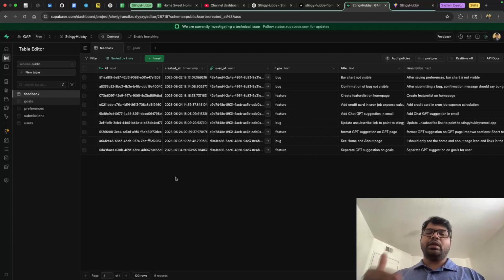And then maybe we can think about when we send emails, we would also use the same GPT suggestions, and we will add it as a separate region for users. When they get the emails, they'll be able to see those suggestions coming in. So for now I think we are good with this feature, and